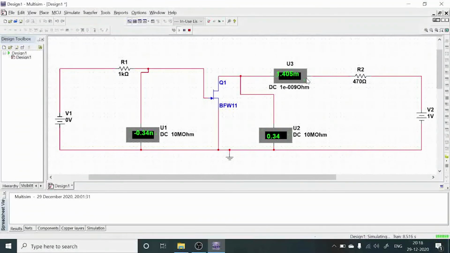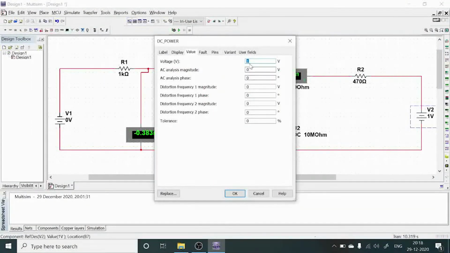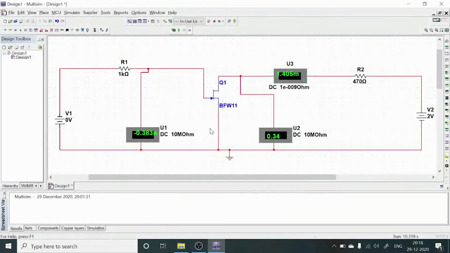After noting down this reading, we again need to vary this biasing voltage across the drain. The procedure is the same. Just stop this one and change the biasing voltage. Here I am going to change from 1 volt to 2 volts. Type the 2 volts and select OK. Then again run, or press F5.